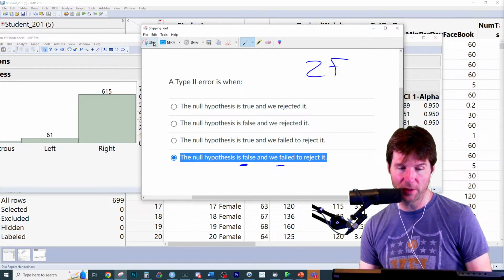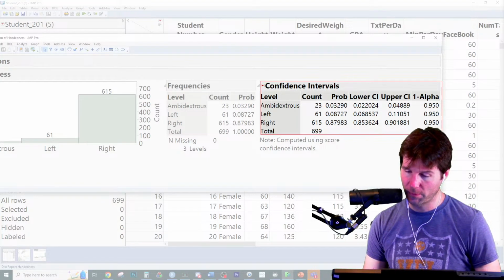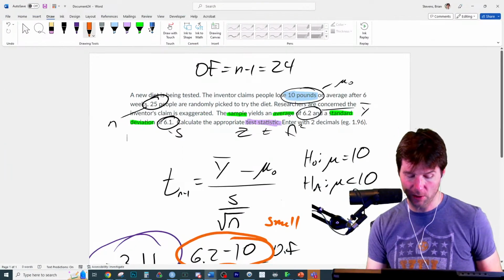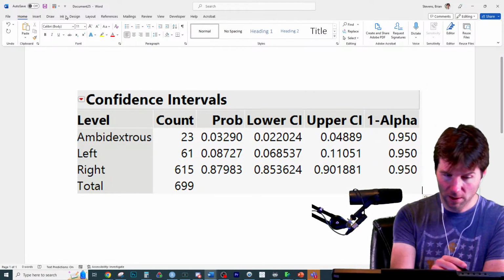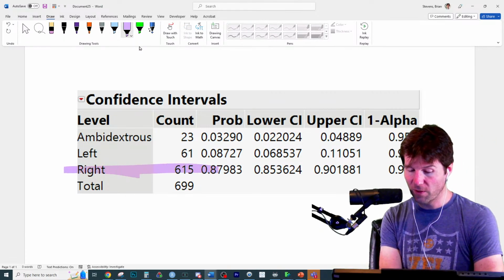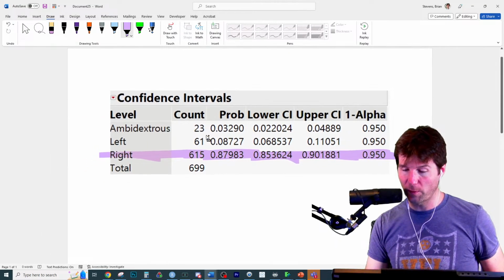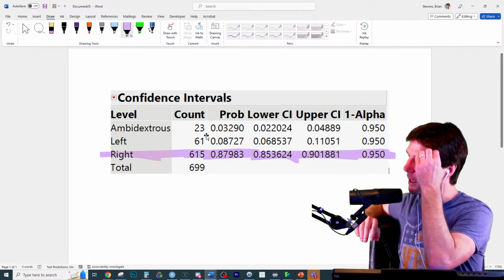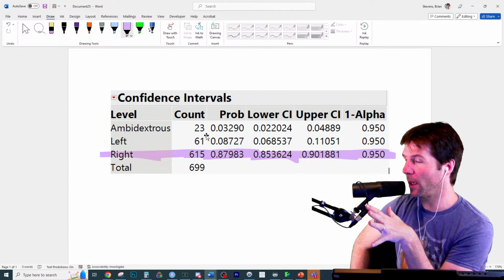But here's where people lose points on the test. So many people, I see it all the time, do not know how to interpret the confidence interval and know what it means. And that's the whole point of why we're doing this. So I'm going to throw 1,000 points if anyone can interpret the confidence interval for right-handed. So if you're in the chat right now, if you're watching this video in the future and you want practice for the test, how do you interpret the confidence interval for right-handed? And we're talking about Stat 1 students. So how do we interpret the confidence interval for right-handed? And then, Jesse, if you want to put some Chapter 16 quizzes in here, people usually don't remember how to interpret these intervals.